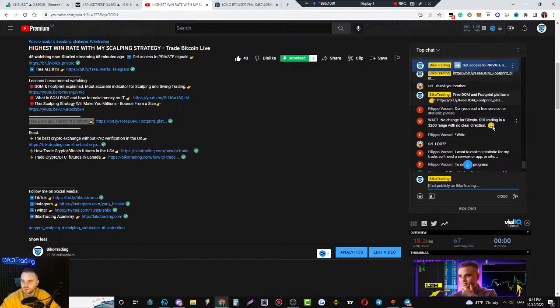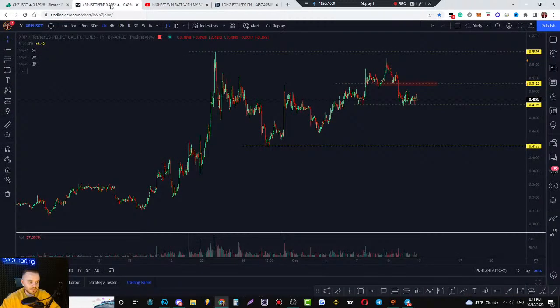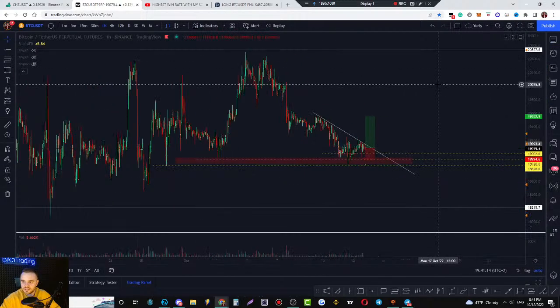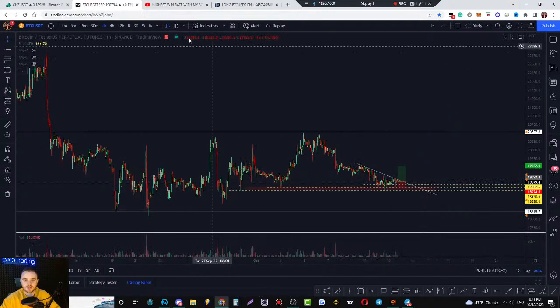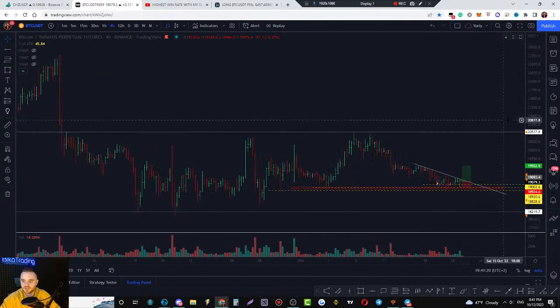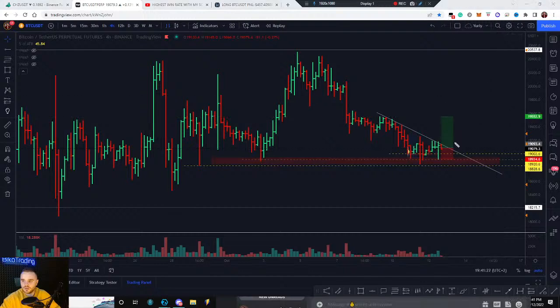VAE7, no change for BTC, still trading in a 200 USD range with no clear direction. At this moment there is no clear direction, but open a bigger time frame. When you take at least the 4-hour time frame, there is potentially some momentum for a local rise, because during this drop several times significant volume appeared exactly at the bottom, and there could be some local rise to take the stop losses of short